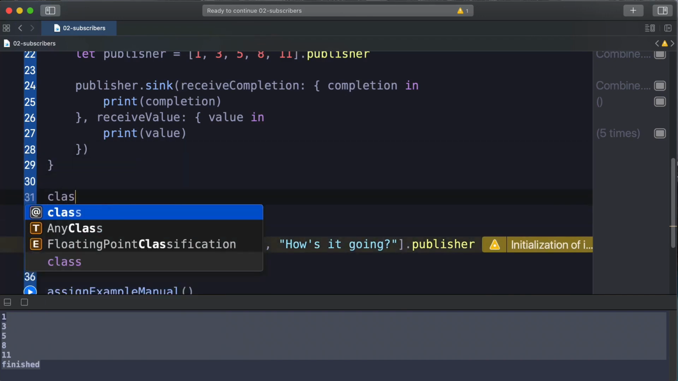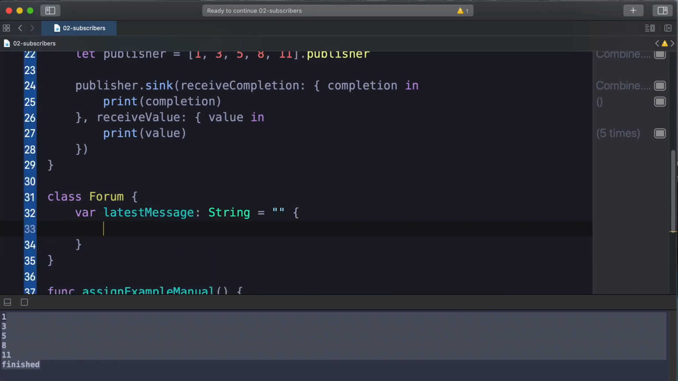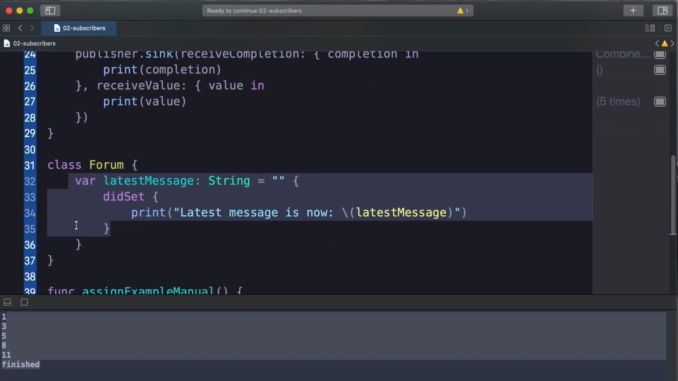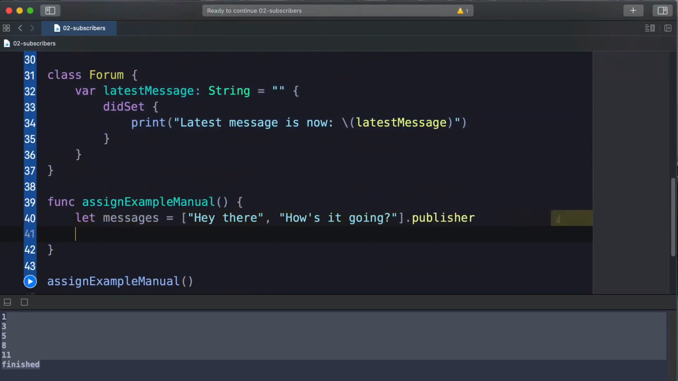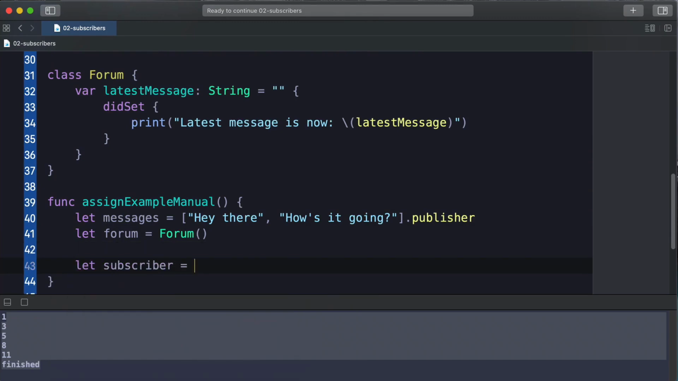Now I want to have a class that we can work with here. I'm going to call this Forum, and this will have a var for the latest message, and I'll initialize that to an empty string to start off with. And then I want to add a didSet here that will print latest message is now. And I'm doing this because I want to know when we're setting this property. So let's create an instance of that forum. And now I want to create my subscriber. So this is going to be